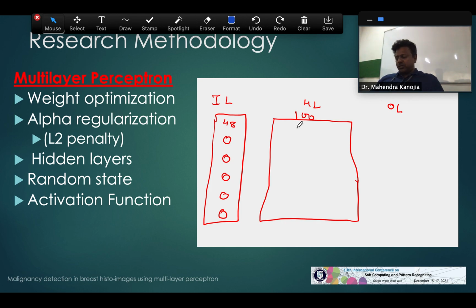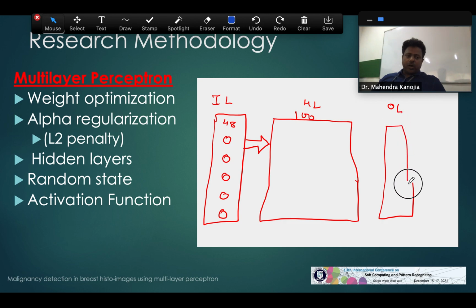That was based on the cluster feature analysis. So all this input comes over here. The hidden layer processes it and finally gives input to the output layer. In the output layer we are only supposed to identify whether the given image is malignant or benign. In that case we have only two output nodes with the activation function, or even a single activation function. Using the activation function here we could identify whether it is benign or malignant. So binary classification took place here.